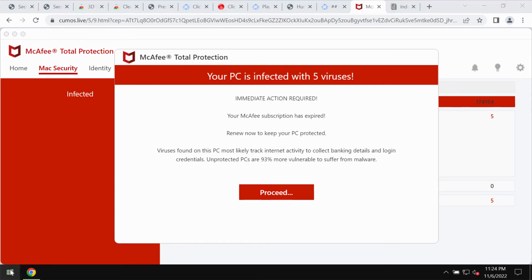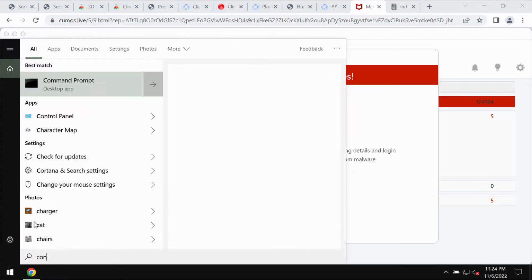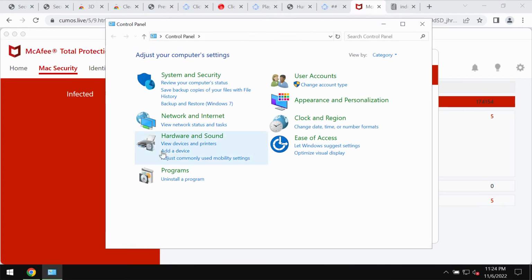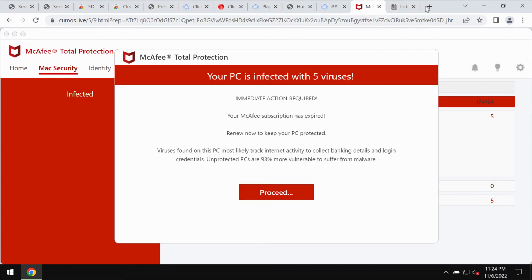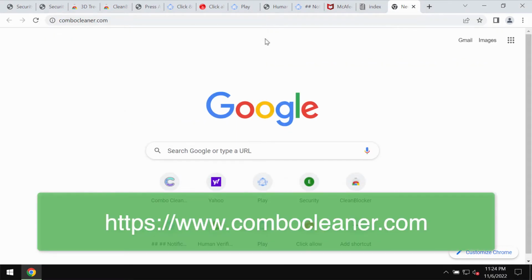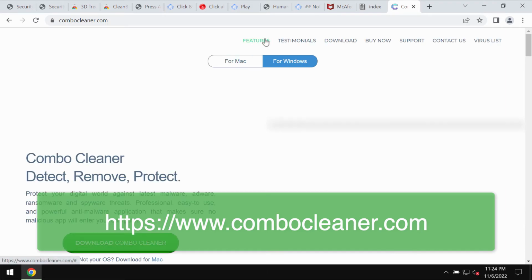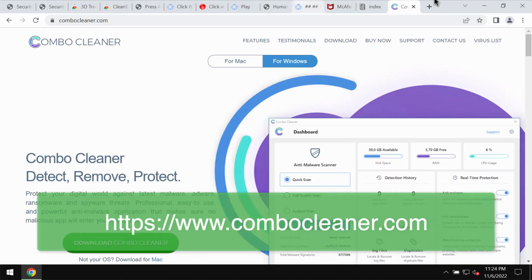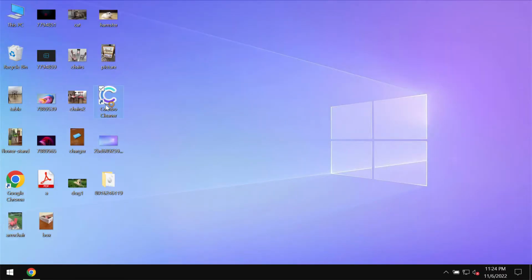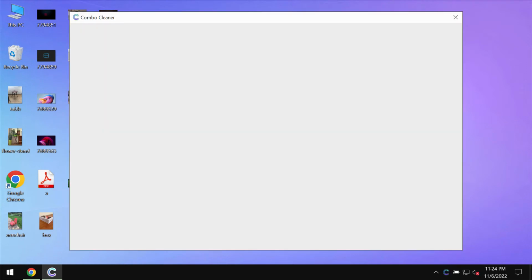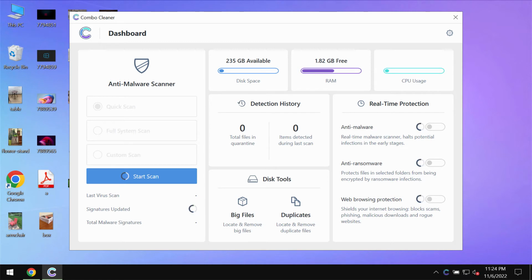What we recommend you to do immediately is researching the control panel in order to uninstall any programs which could be suspicious. If you find them, get rid of them. I would also recommend that you research the system with Combo Cleaner antivirus. Please get it on the page combocleaner.com, download the program, install the software, and then start researching and investigating the